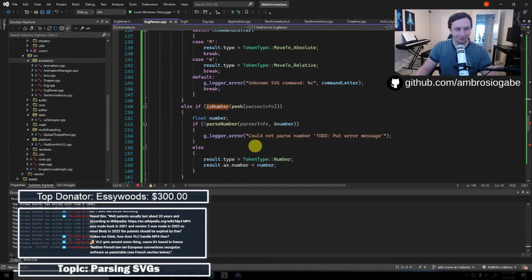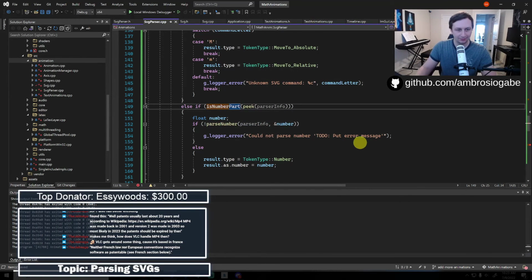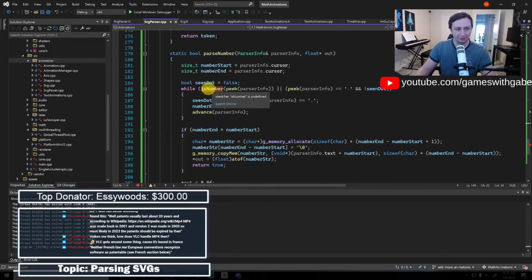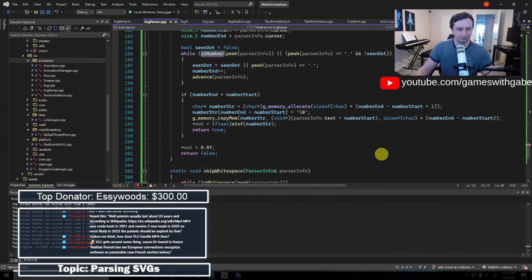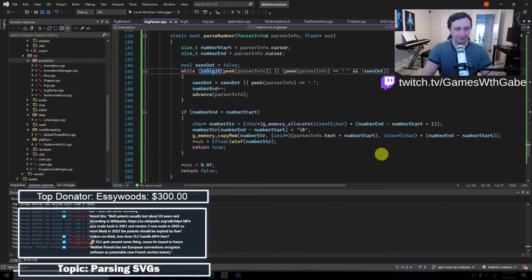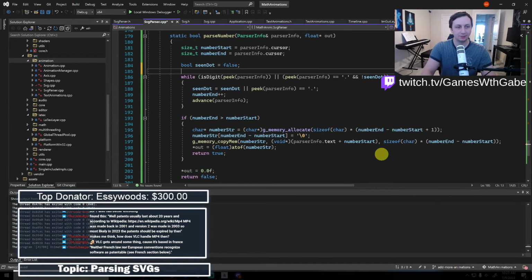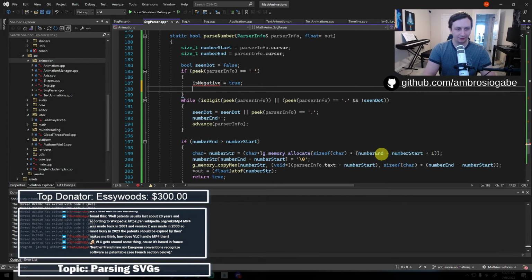So while it's a number part, we want to parse a number. And then down here, we'll say while this is a digit. Yes. Okay, there we go. Then what we can do is say if peek parser info equals a negative symbol, then we can say isNegative equals true, and then advance.